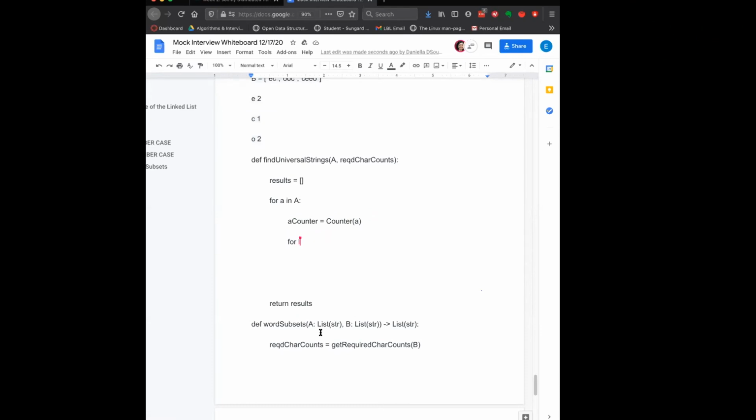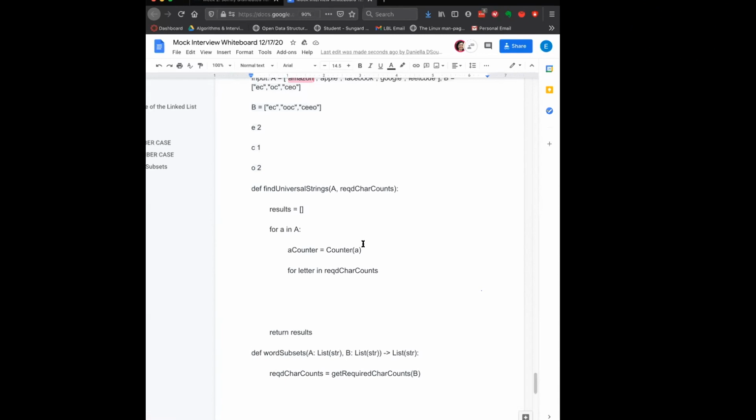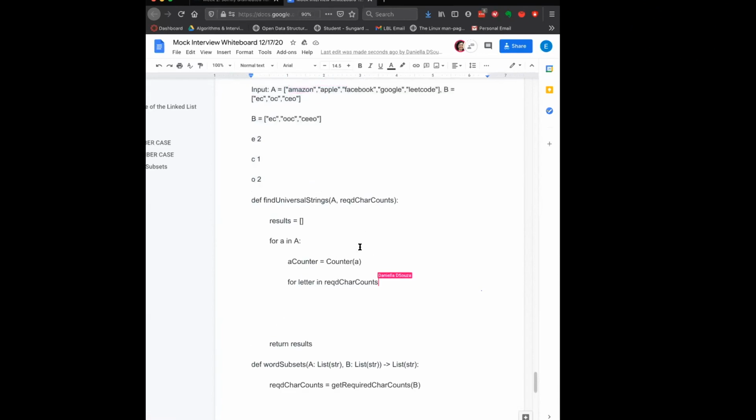Then basically, in order for this particular string to be a universal string, it has to meet all these requirements. So we are actually iterating over the required character counts. So for letter in required character counts. For example, you're looking at E, okay? And here's Amazon here, okay? For letter in required character counts, we're going to say,